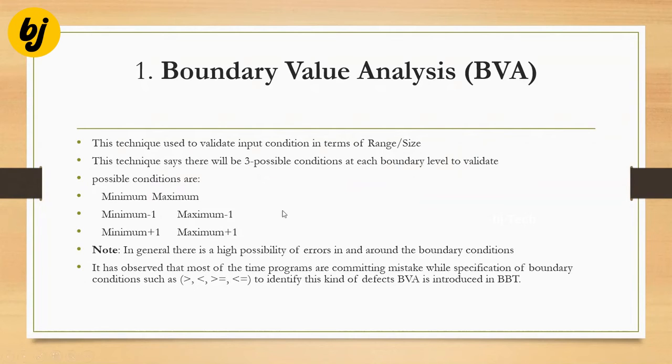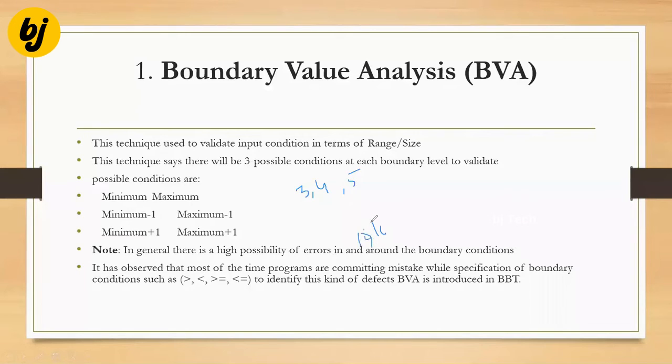But we have some disadvantages when we go for boundary analysis. What are the disadvantages? We can use only the boundary values and their adjacent values. Middle values are not possible to use to test the input condition. If 4 is one boundary, which values can we use? 4, and adjacent values 3 and 5. 16 is another boundary level, 16.